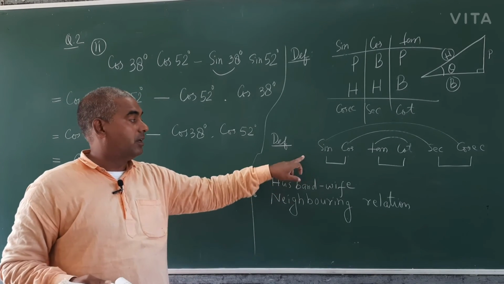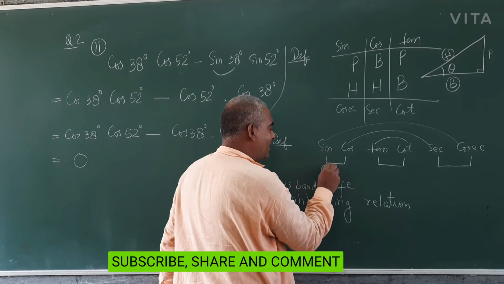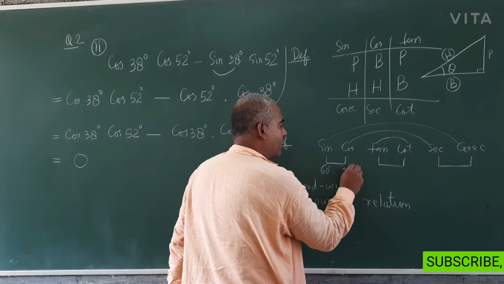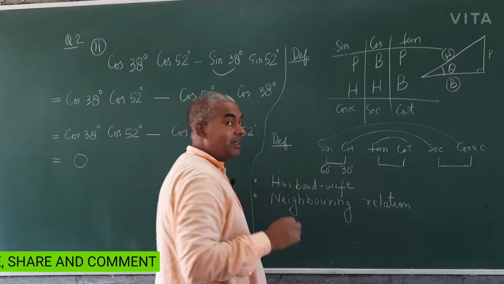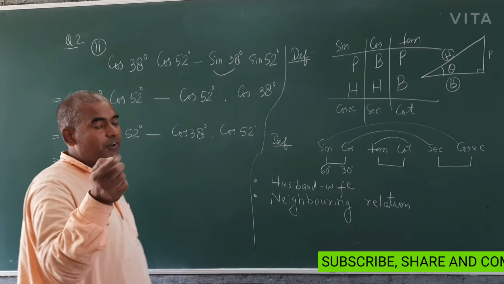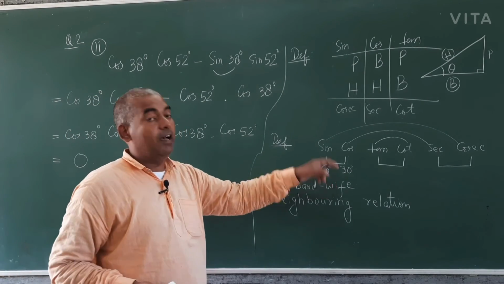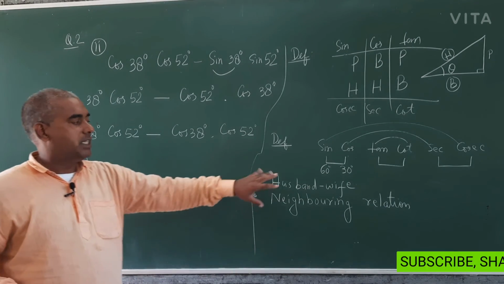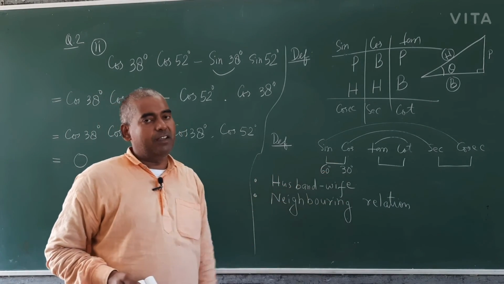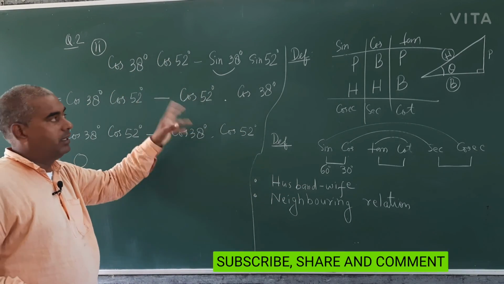I have told it for sin 60. This was sin 60 degree, at that time cos 30. When sin 30, cos was 60. So that's why in the earlier video I told you, especially when I was deriving the values. Those were the special cases 30, 60 and 45, but now the cases are changed for any theta, 10 degree, 20 degree, like that.